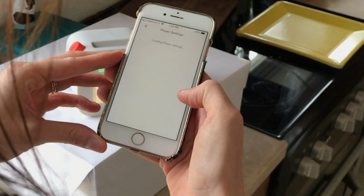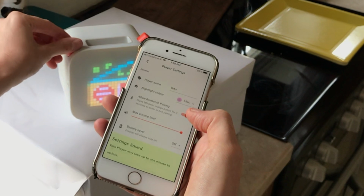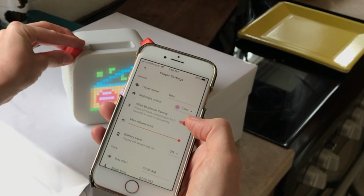And you can also make it really loud if you're having it in a party. So very recently Oscar had his birthday party and we used the Yoto Player for the music, and so I was able to crank it up to full volume for that situation. The Yoto Player also has a built-in battery that lasts up to 5 hours, which is incredible